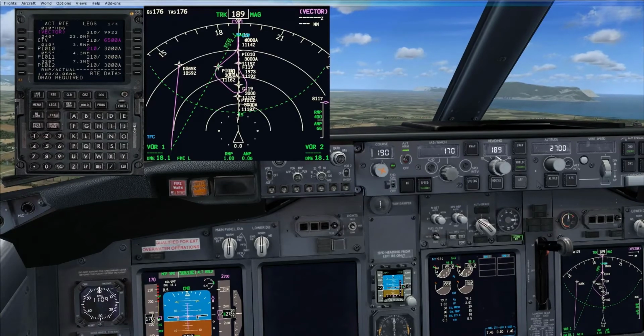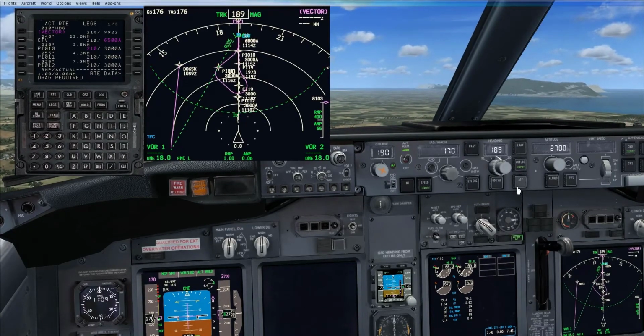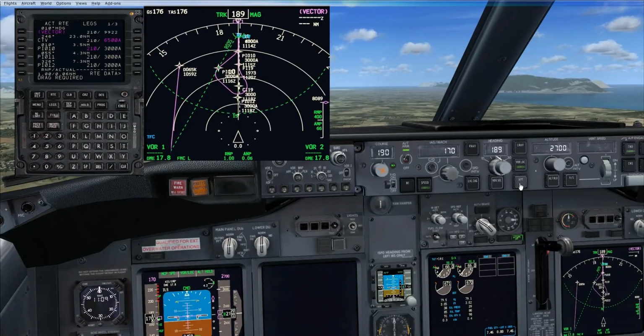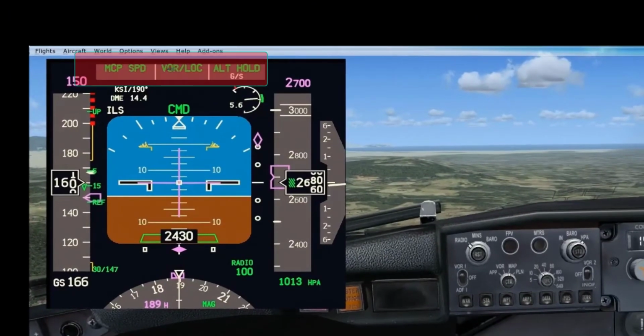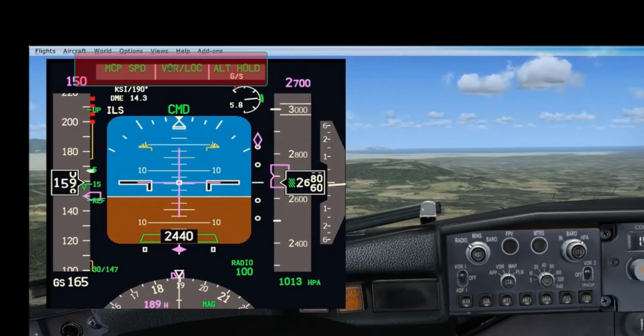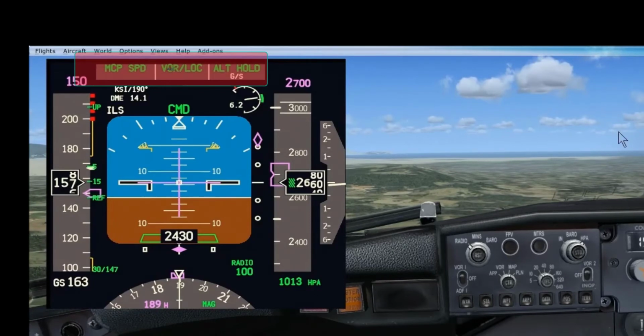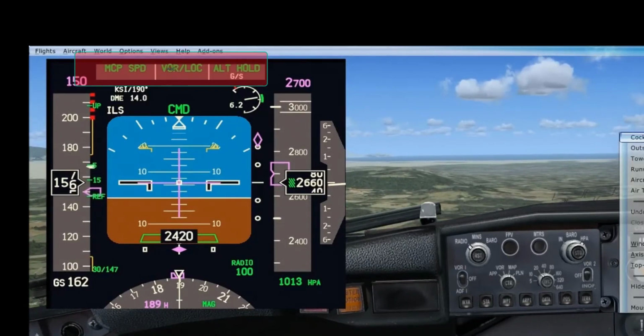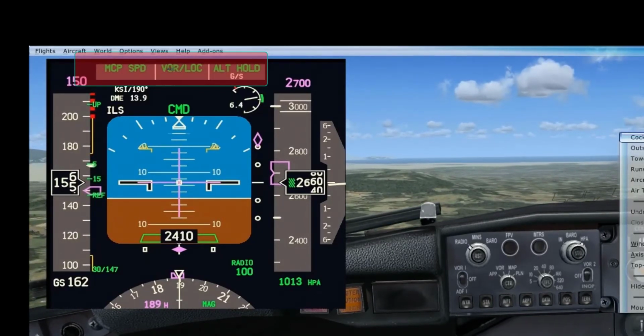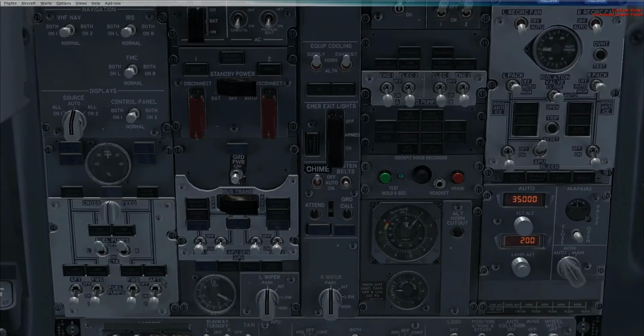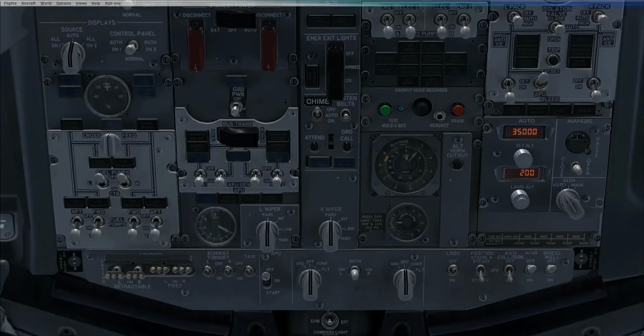Once that is established and I've verified that I'm at a height where I can lock onto the glide scope, I'll hit the approach button. Here on the flight mode annunciator you can see that the MCP is controlling the speed. I'm locked onto the VOR, and because the glide scope is in white, we're still looking for the glide scope. Let's go upstairs again and put the landing lights on and put both starts to continuous.